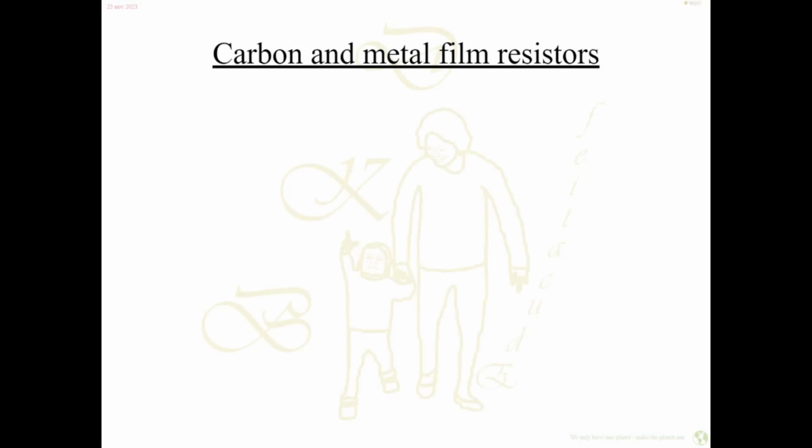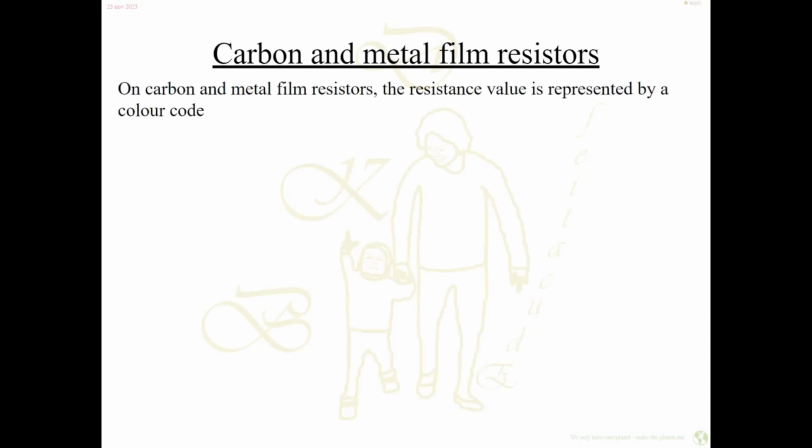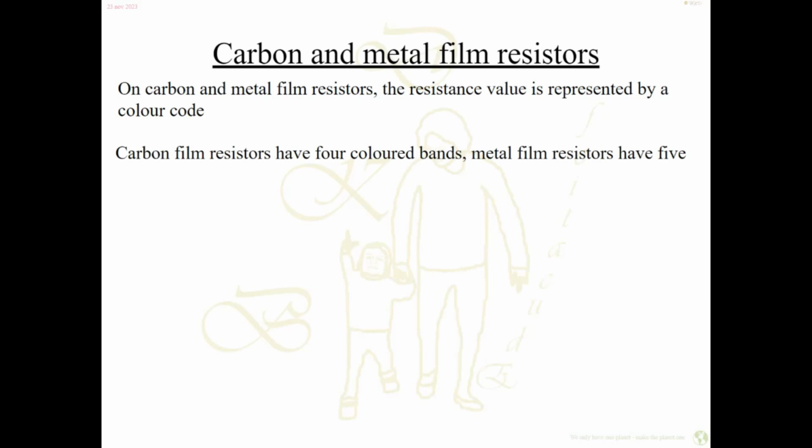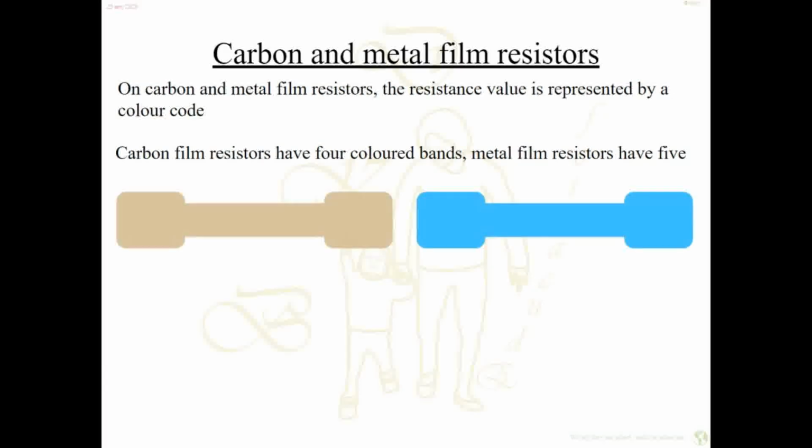Leaves carbon and metal film resistors. They have quite a different way of putting the resistance value on it because they have a color code. Carbon film resistors have 4 colored bands around them. Metal film resistors have 5. Like, for instance, these. Well, these are not colored yet, but just to give the general expression of them,